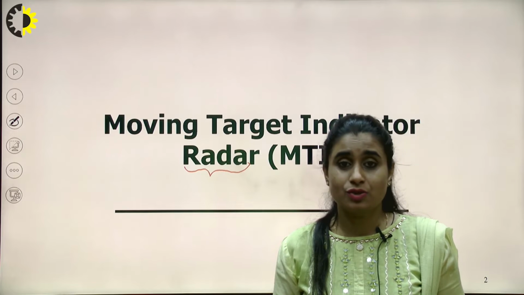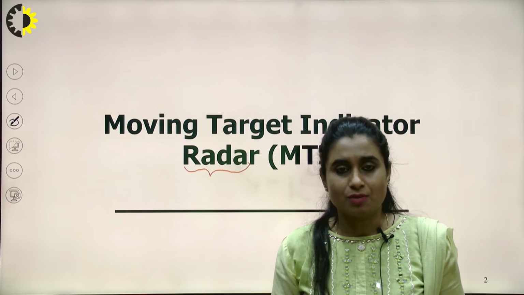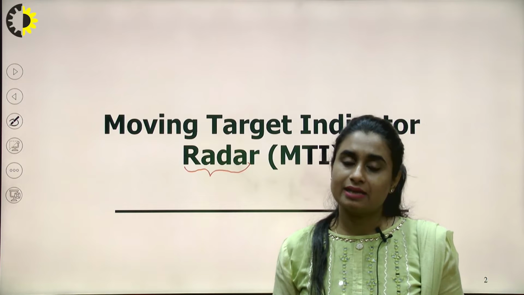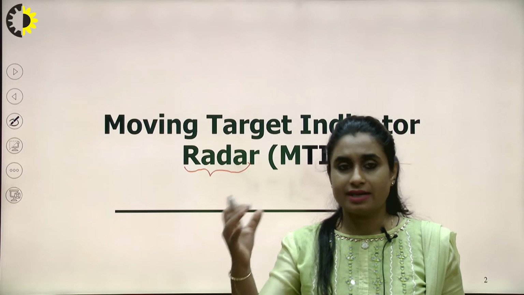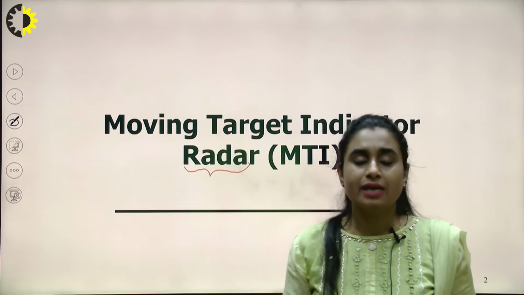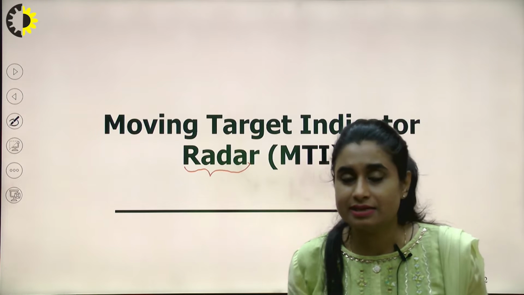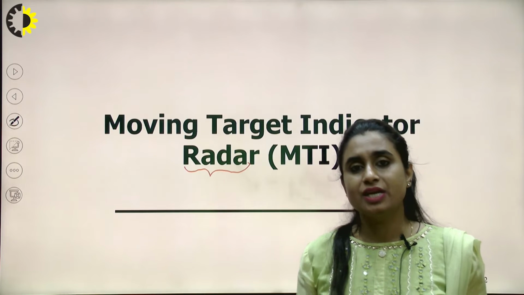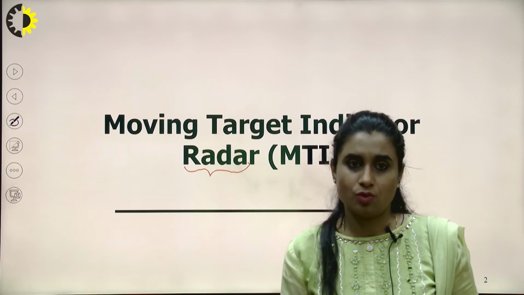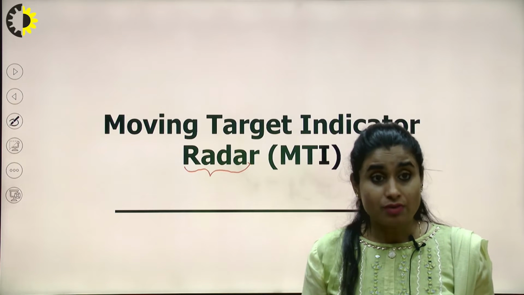What a radar cannot do is detect the color of the object. Apart from it, it can detect the presence, it can calculate the range, it can detect the velocity with which it is either approaching or moving away. In case of moving target indicator radar, this is specifically used to detect moving targets and not the stationary one, right? So how does it work?